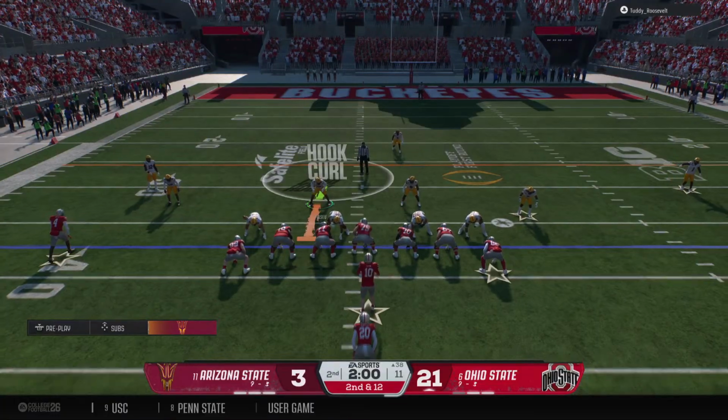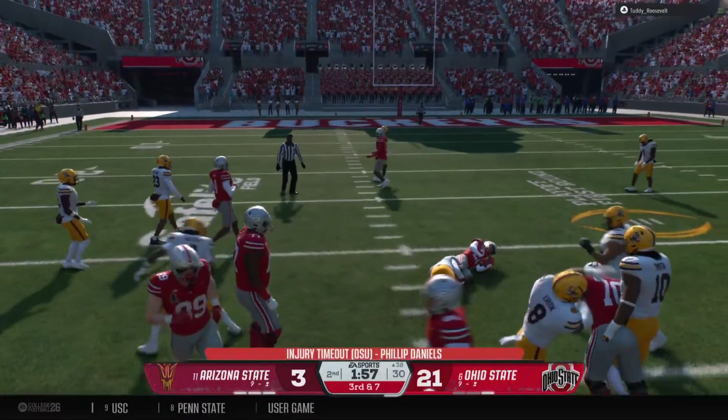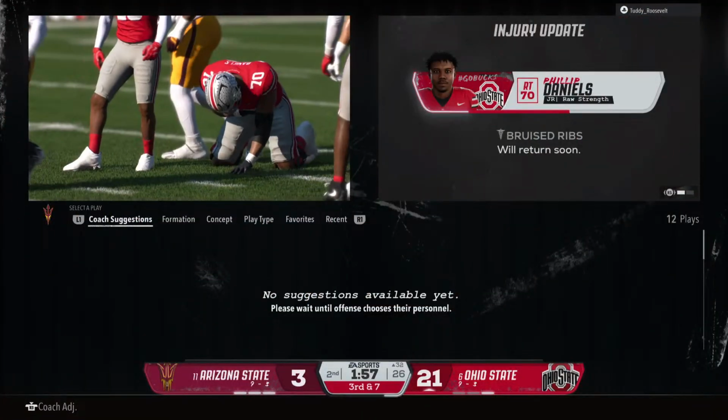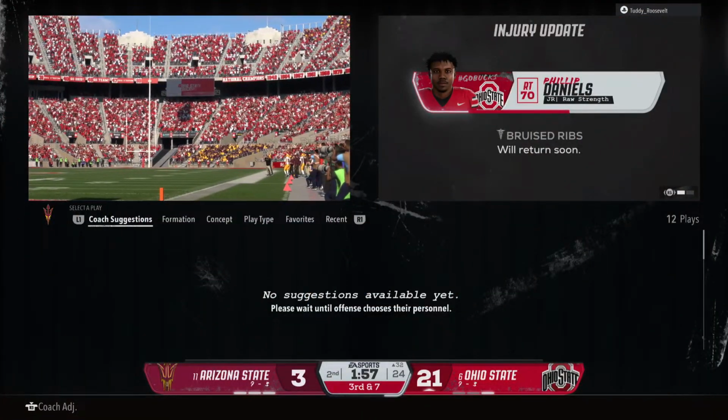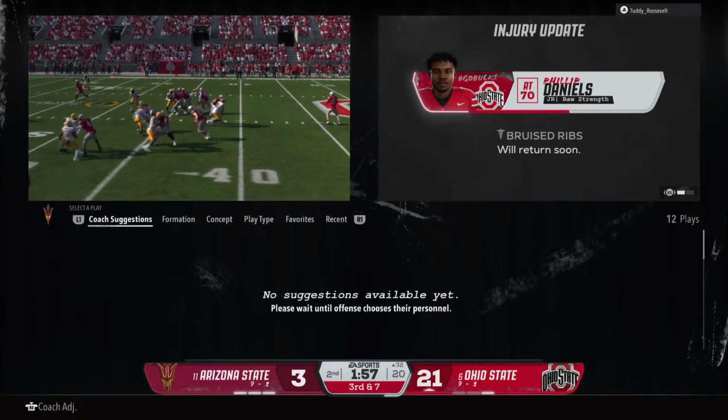Here we go. Gives it to the back. And that's a solid gain before the defense is able to bring him down. I think this defense keeps thinking about them throwing the football, and by doing that, they're opening up running lanes. Good positive yards there by the running back.